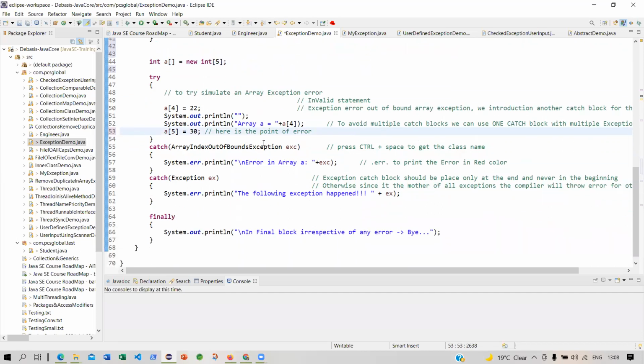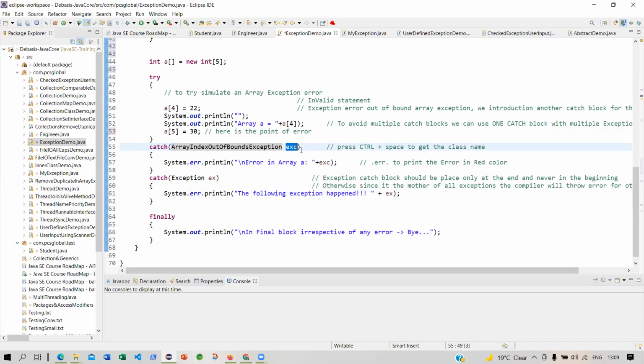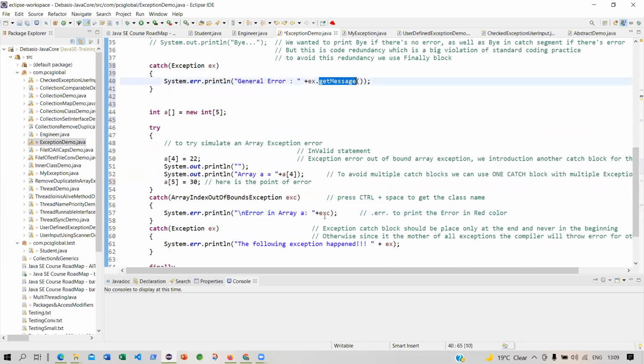So how am I catching this error? I'm using catch. And I am saying array index out of bound. The most common error from array handling is array index out of bounds exception. You say EX. You can give any name. This is just a variable or an object which holds all that particular error. Then I'm saying system error print line, error in the array A, or you can give any name, is this one. Or if you want to get an exception message, you can do the way we have got EX. Let me give the error code only.